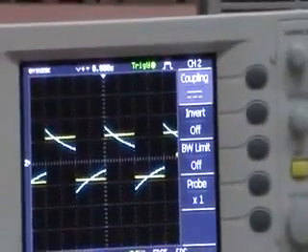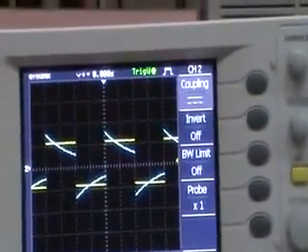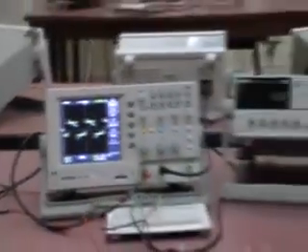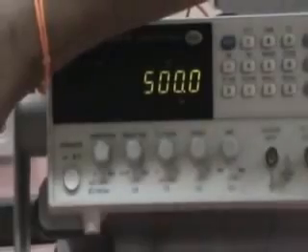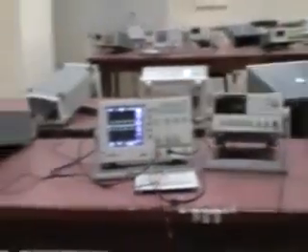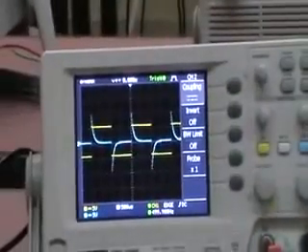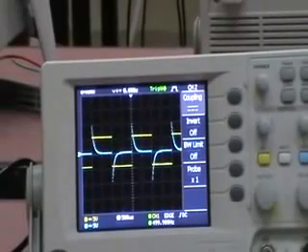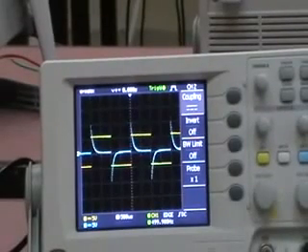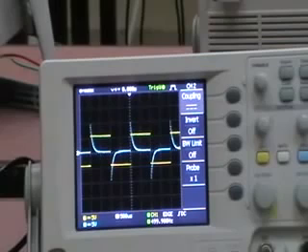Coming to the third case, that is at 500 Hz. Making some adjustments here, you can see how the output looks. It is almost looking like an impulse. As the name implies, it is an RC differentiator circuit, meaning as the input is a step input, the output should be an impulse. So we are getting this at a frequency of roughly 500 Hz.